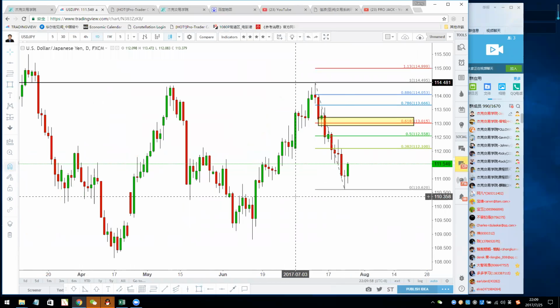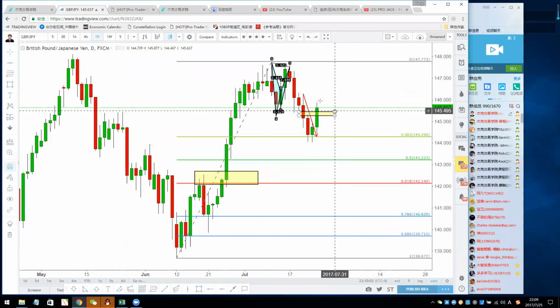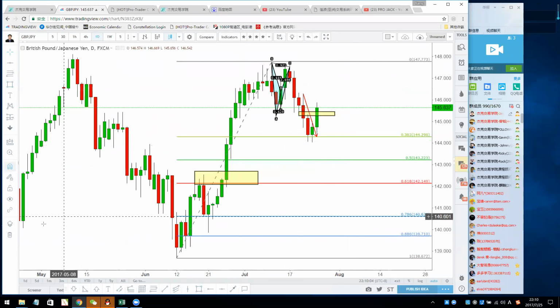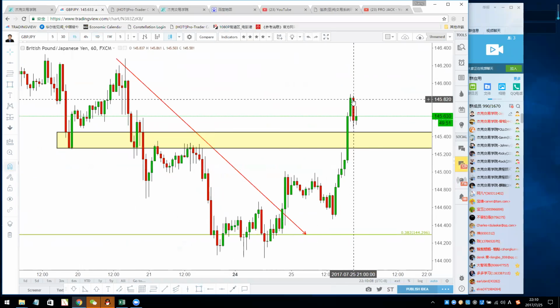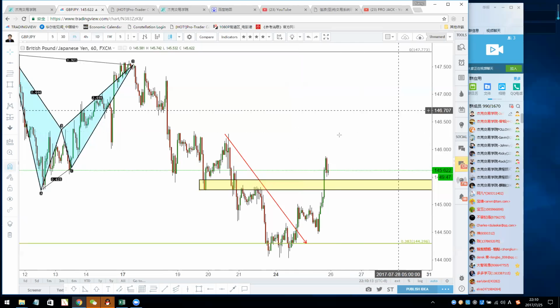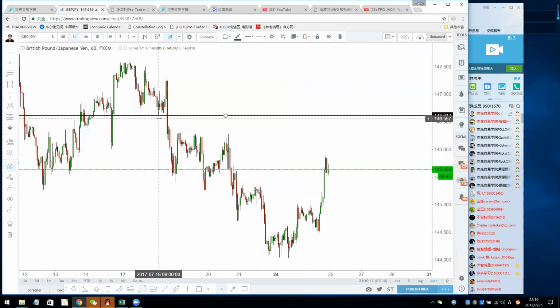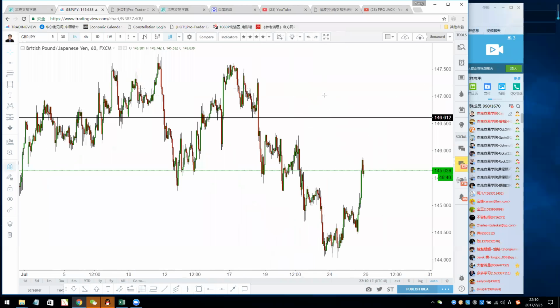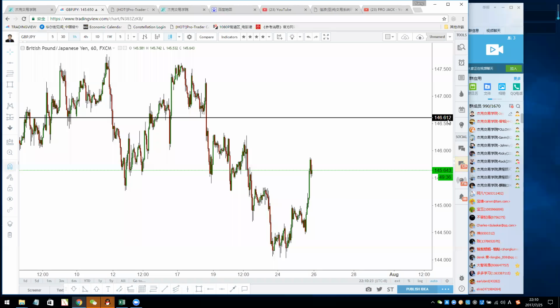All right, yeah, sterling yen, same thing. So don't short right now, because it's become a bullish trend in the 1 hour chart. You see, it breaks a new high and finishes a double bottom, right? So it may continue up to this area, to here, 146.61. Okay, if you want to short sterling yen, focus on this point, 146.61. Still another 100 pips move up.